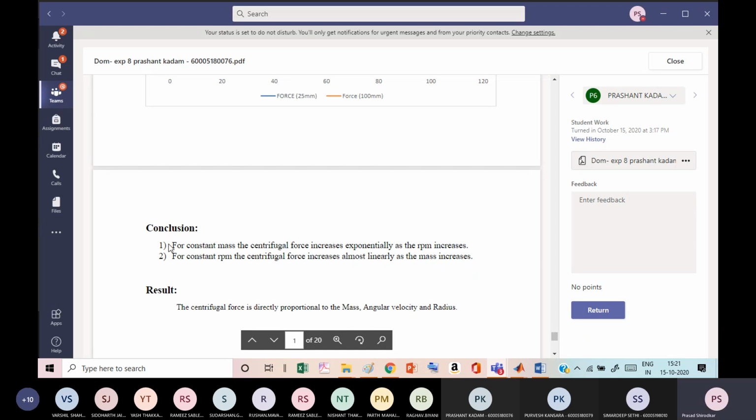See, whenever you are writing any statement, you have to be very careful. So, is it increasing linearly? I don't think so. What is the equation? FC is equal to